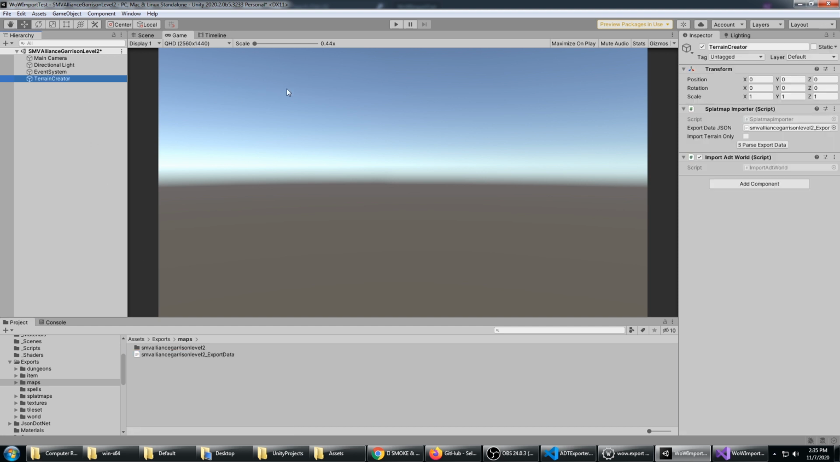So if we go to the Terrain Creator game object, there is a script here called Splatmap importer. It also has a script on it called import ADT world, and it has an export data JSON file. I'm going to delete this, and it will say none text asset. What you just need to do is drag the JSON file into here. The JSON file you're dragging in is in the maps folder, and it has an underscore export data from whichever zone you exported. Now once you've done that, go ahead and click parse export data,